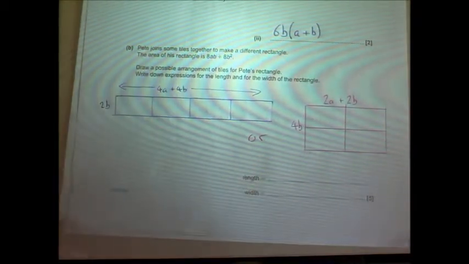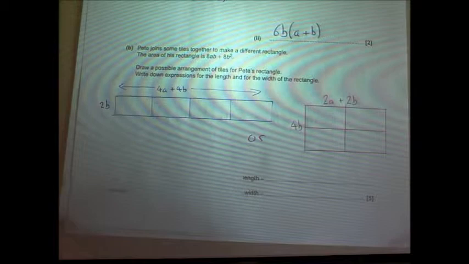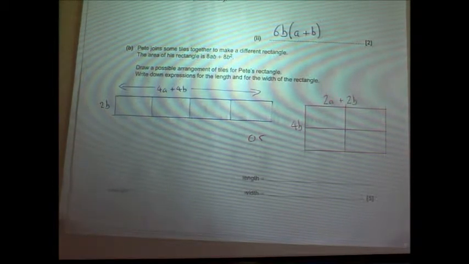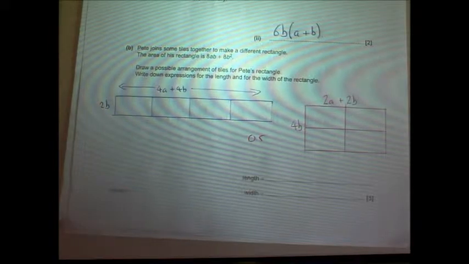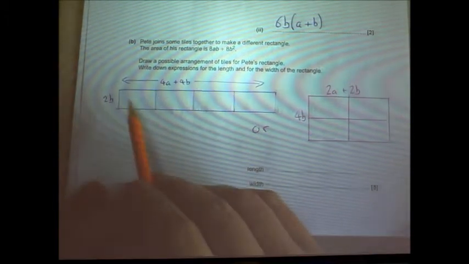Pete joined some tiles together to make a different rectangle. The area of his rectangle is 8AB plus 8B squared. Draw a possible arrangement of the tiles for Pete's rectangle and write down an expression for the length and the width of the rectangle. So there's 2 you could do. I've done them both. I'll show you this one. It could be